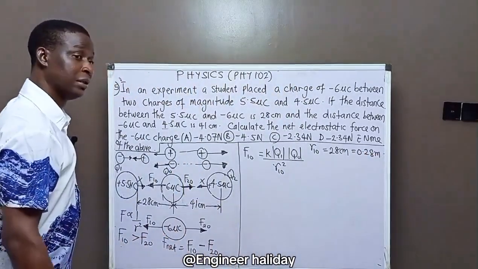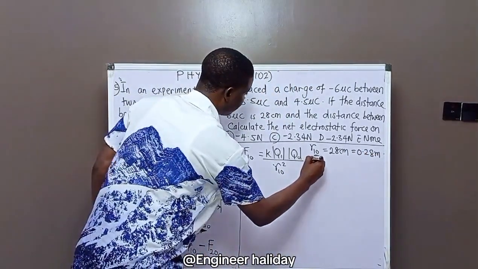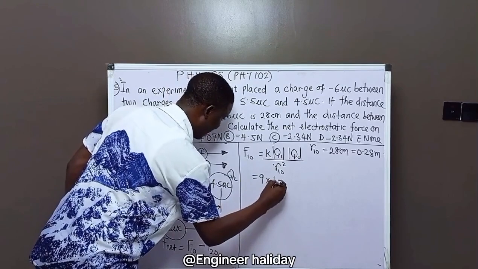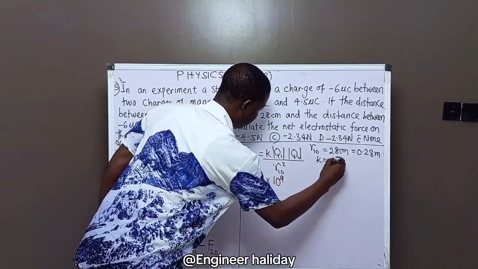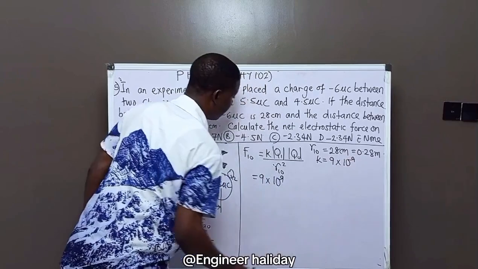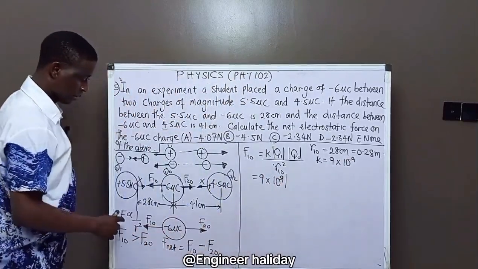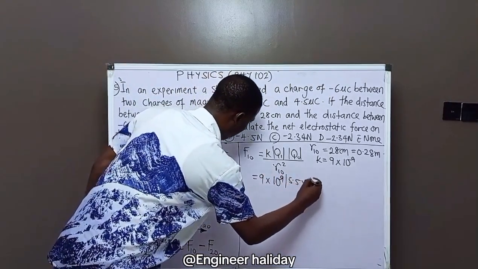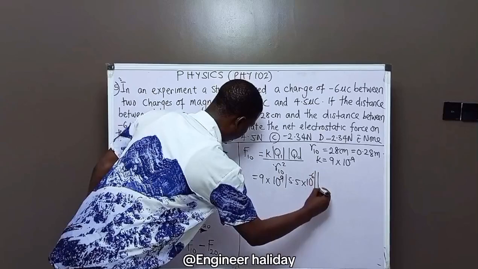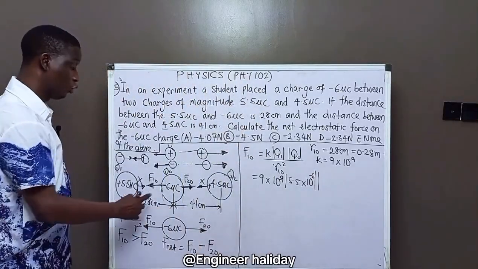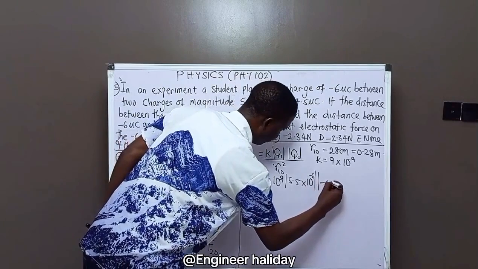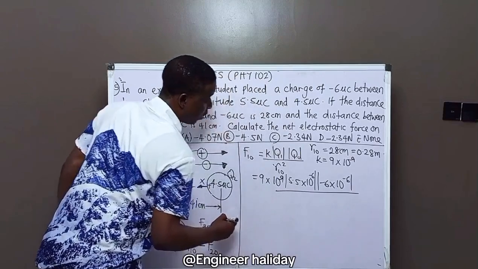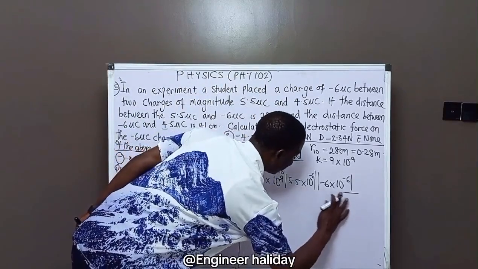We have our Q1. Q1 is given already. That means K is 9 times 10 power 9. Don't forget, 9 times 10 power 9 is our K. So put it there. What's our Q1? Q1 is 5.5 times 10 power -6 microcoulombs. What's our Q2? Our Q0 is absolute of -6 times 10 power -6, microcoulombs, over what is the distance apart? The distance apart is